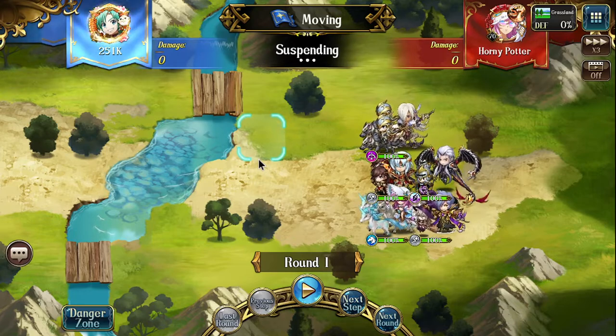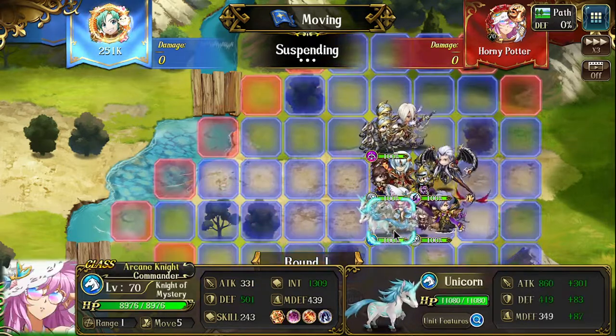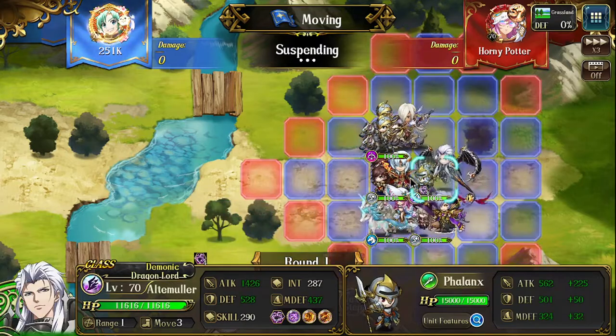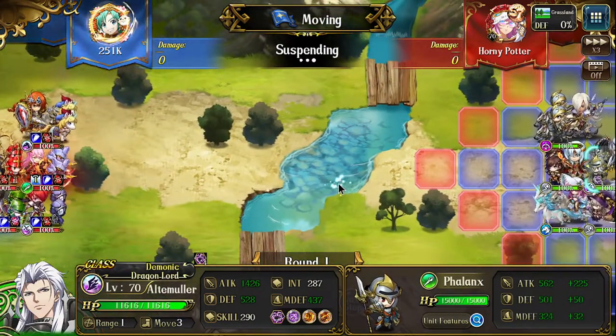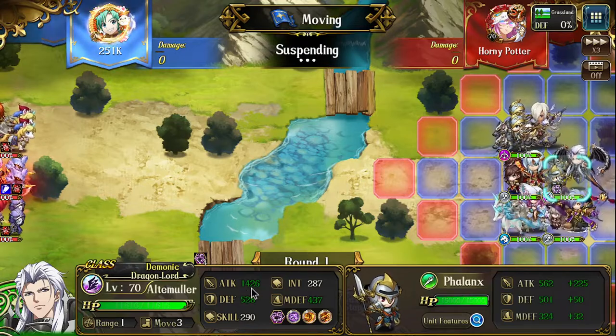Now on the right side, if any of you have ever fought Horny Potter in his box, we know that it's a rush box. So Illustrio, we have Clotaire, Knight of Mystery, then we have Kruger and SP Altemuller. Now for this game in particular, even though SP Altemuller is built like a DPS and he has very high attack,